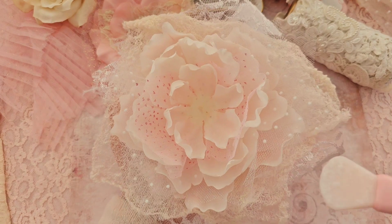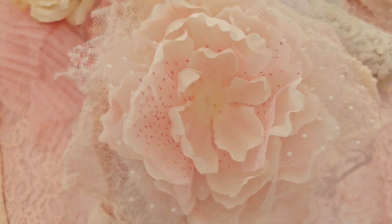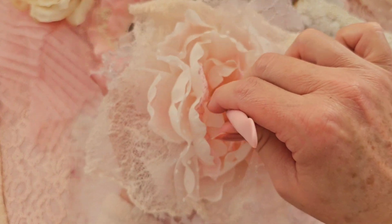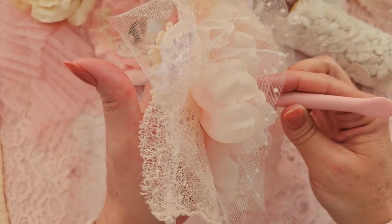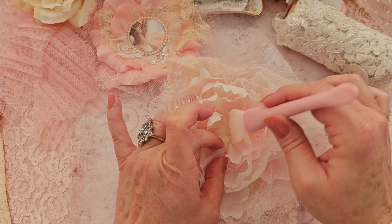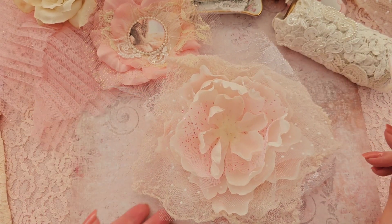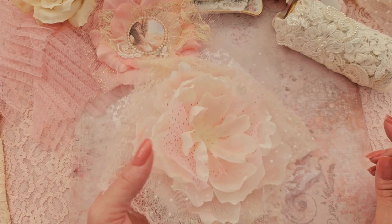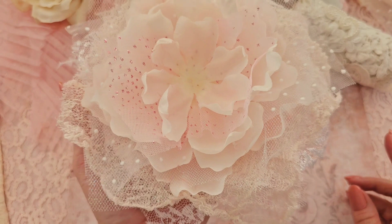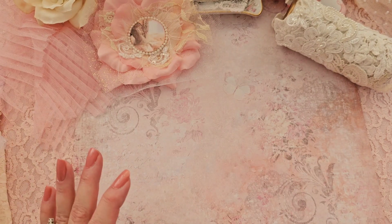All right, so this is what we have so far. So beautiful, so pretty. And I just took my tool and pushed right in the center there to kind of really get it glued in there. And at the end, you could always go around and glue some more. So let's let that settle for just a few minutes. Look at the layers on this. She is just gorgeous. Yummy. All right, so